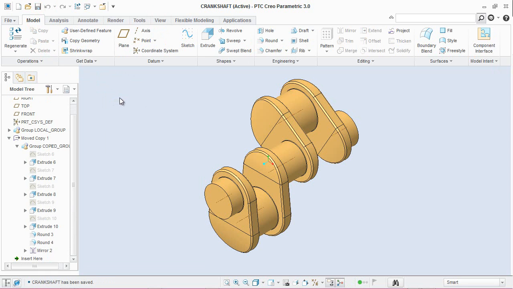Now again paste special another copy and apply same type of thing as we done earlier.